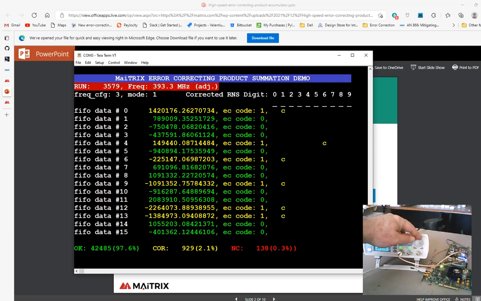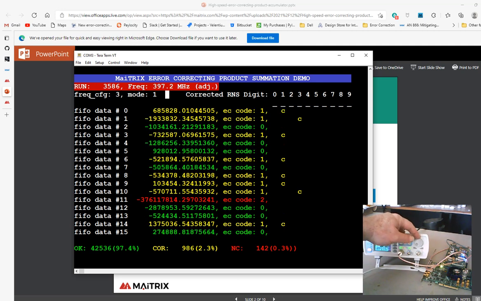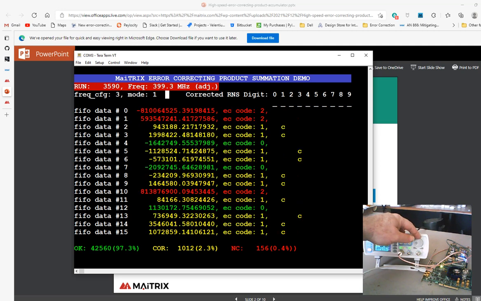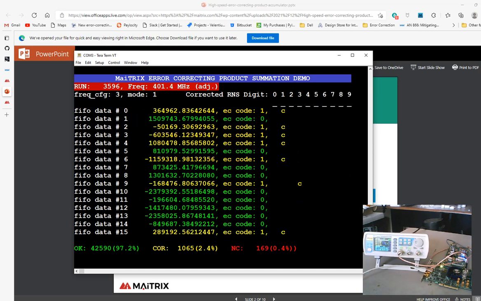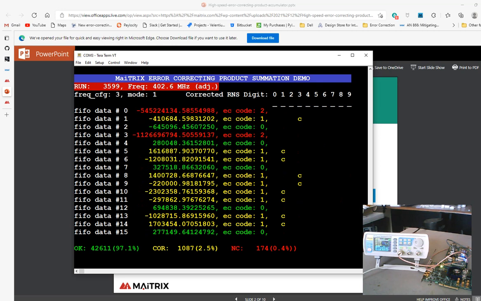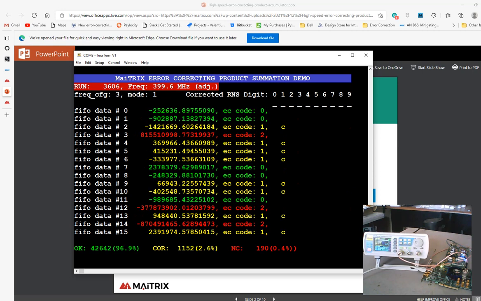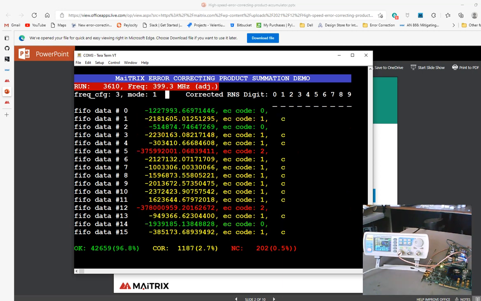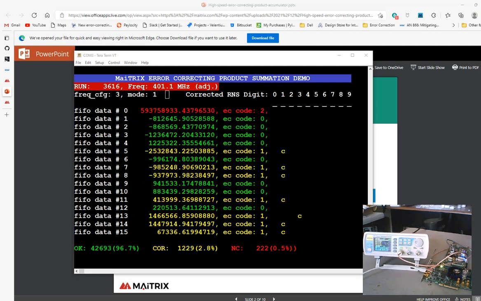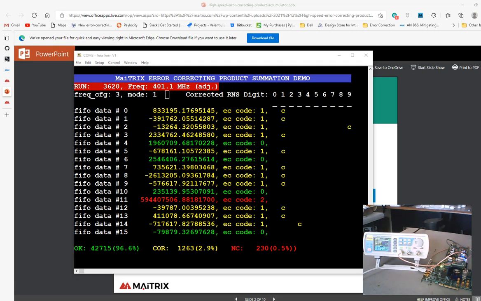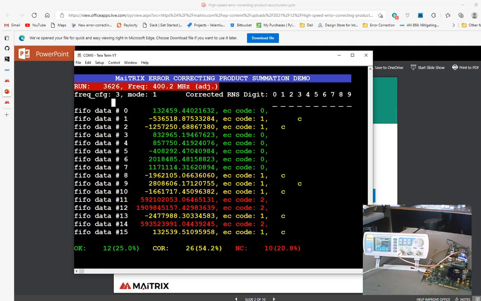And we'll just go ahead and push it on right on up to 400 megahertz. So you can see at 400 megahertz we're going to be getting many more errors, so you're going to see more red in this display. Now if you let this sit for a while, then you can get basically an average statistic, or one of the menu items in the demonstration allows us to reset the counter by hitting R. So let me do that real quick. If I hit R, I'll reset the counters,